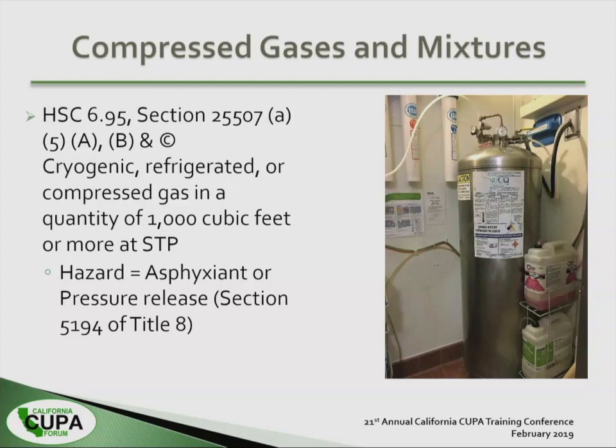I know Alvin mentioned that 200 cubic feet was the threshold for gases, but if you only have a compressed gas, so you see a lot of this at restaurants where you see CO2, they have this cryogenic CO2 that they use for dispensing sodas. Another common gas we see these days is nitrogen, compressed nitrogen, and liquid nitrogen. So if you visit one of those hipster bars, you're probably going to have a nitrogen tank in the back where they're dispensing beer. Or if you have a creamery in your area, they're probably using one of these liquid nitrogen tanks. And the threshold is, again, 1,000 cubic feet.